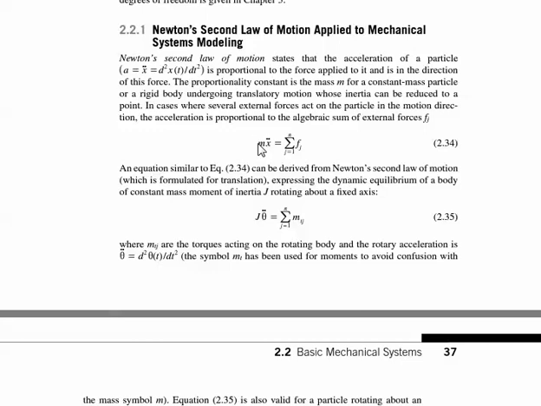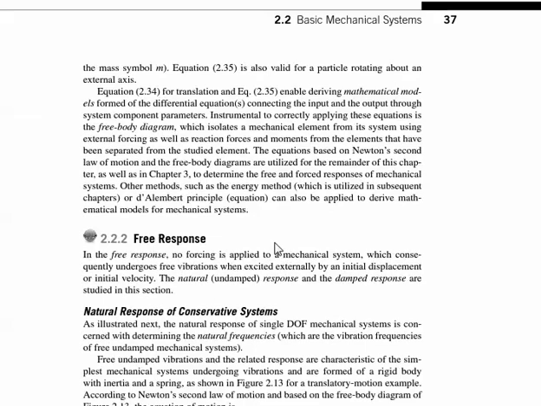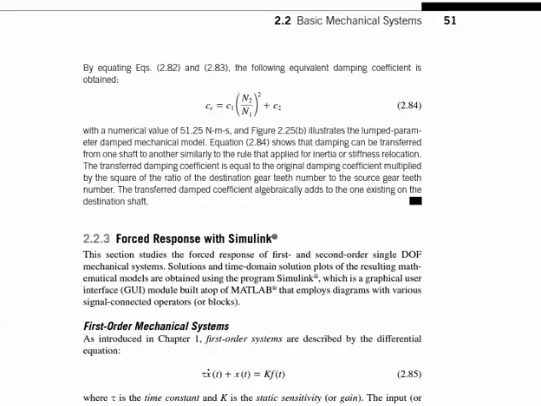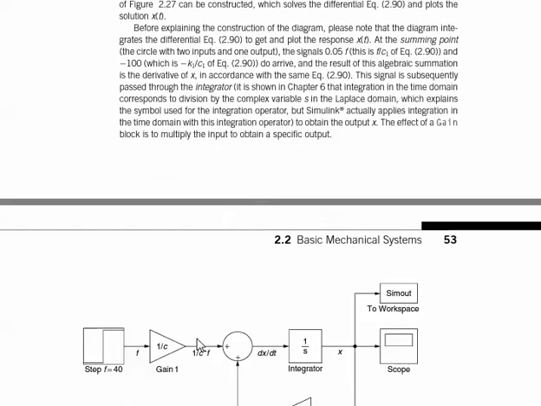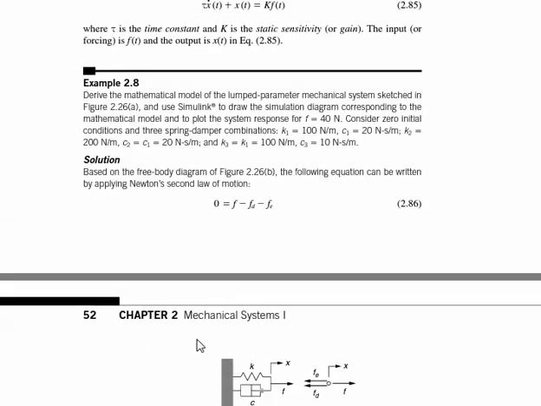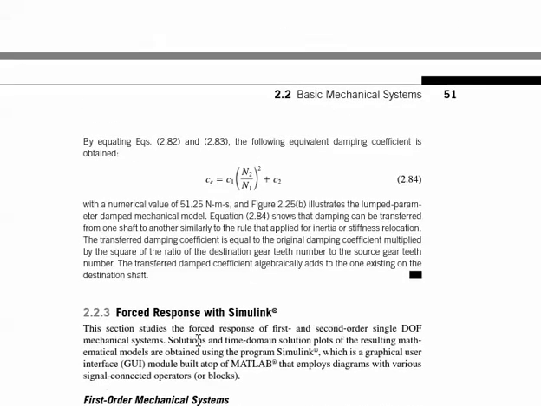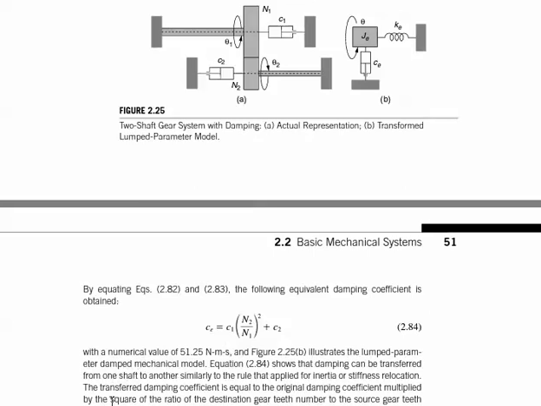So in this chapter, both translational and rotational systems are used. So here's Newton's second law for translational. Here's Newton's second law for rotational. They use J for rotational inertia or moment of inertia, and theta is the angular displacement. Okay, and here there are sections now on the free response, there's damped response, and then they actually talk about some forced response as well. Okay, let me pause here